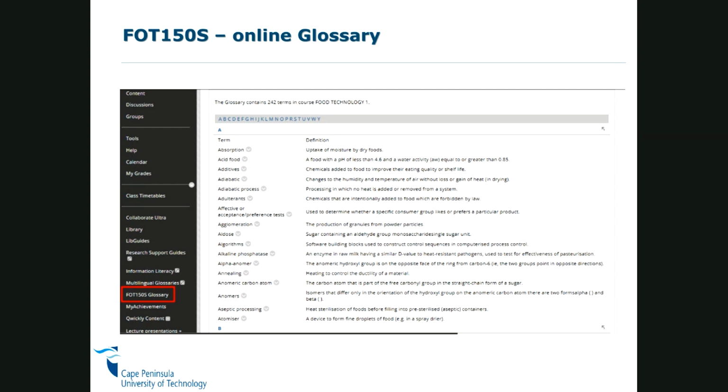So you can, while you are busy studying, come up with new terms. What is a monosaccharide? What's a disaccharide? Is it a protein? Is it a carbohydrate? Oh, it's a fat or something like that. Then you can go to the glossary and look at those terms. So the glossary is available for you online. It may well also happen that there are terms that are not in the glossary. So you can also let us know if there is a term that you found and it's not in the glossary. We can look it up and then add it for you to be able to understand the material. So the glossary is accessible also there on Blackboard.